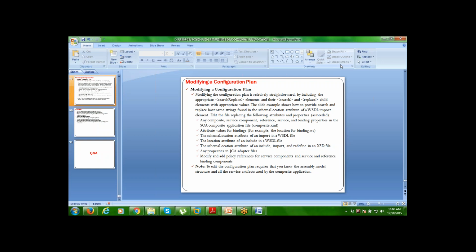Generally, when you edit this configuration plan file, you replace the following attributes and properties as needed. For example, any composite service component reference, and service and binding properties in the SOA composite application file. That is one reason. Second reason, attribute values for the binding. For example, the location for the binding.ws instance web service,